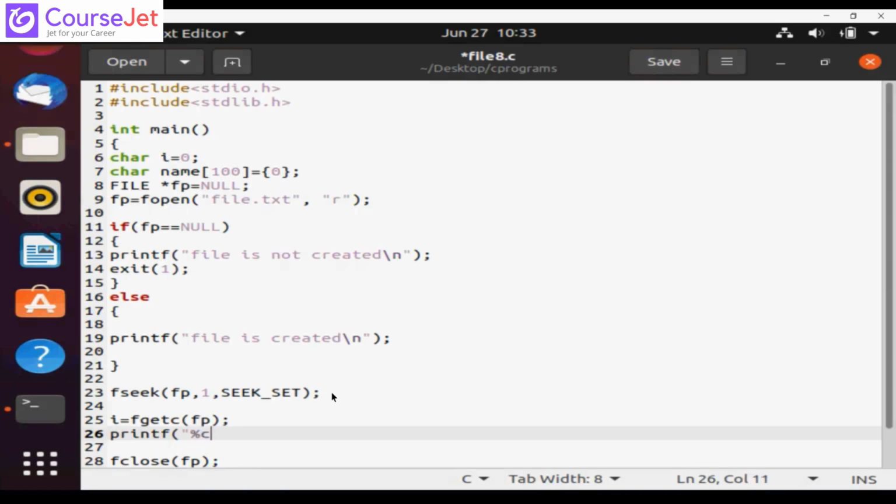As we are reading one character, we will use this. So now we will see what is the output for this SEEK_SET, SEEK_CUR or